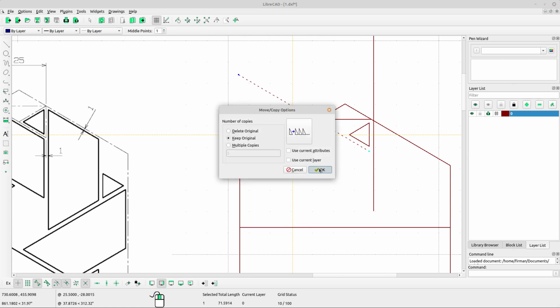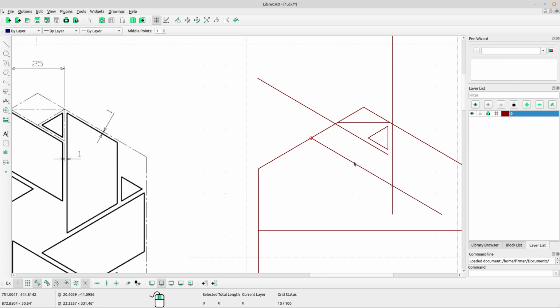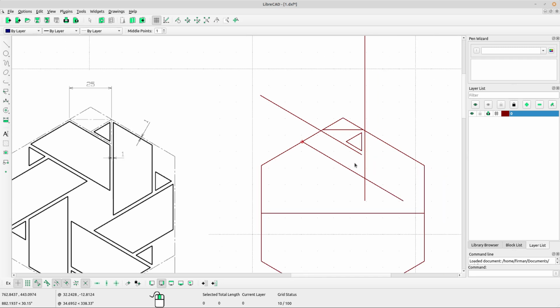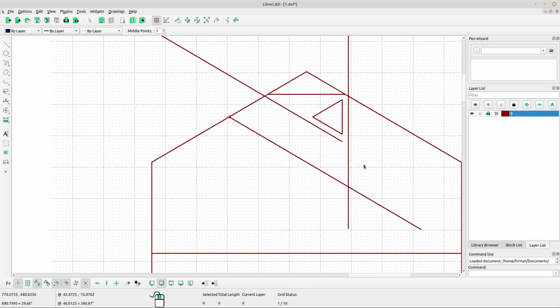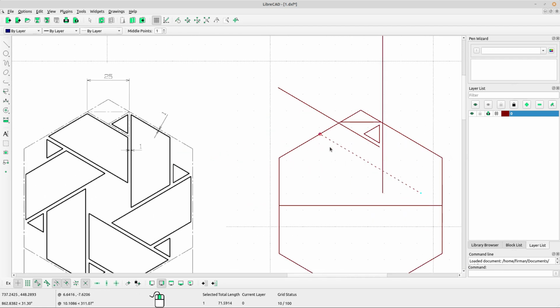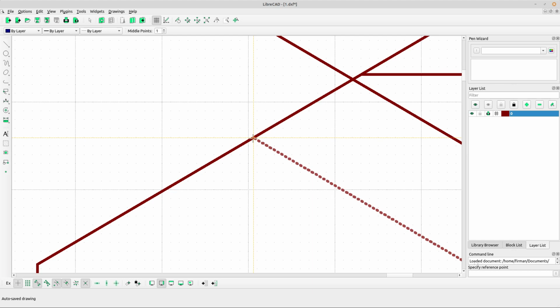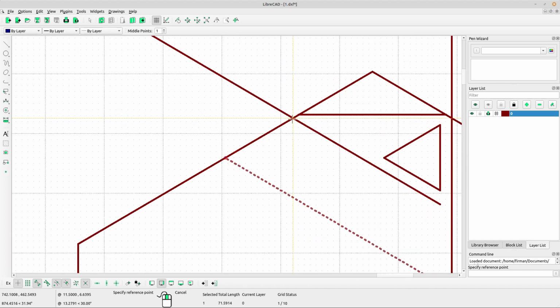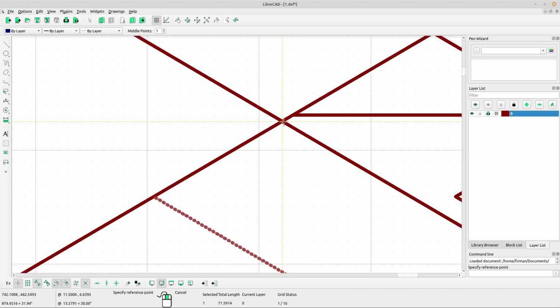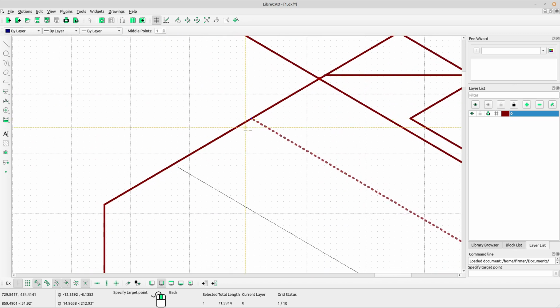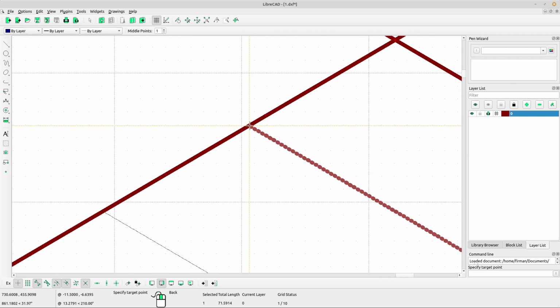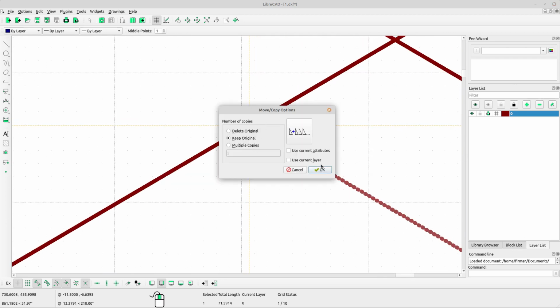Yes, select keep original, click OK, press escape on your keyboard and then select the line again and select move for copy, left click at the reference point. It's the point. Could you see the point? Okay, and bring the line into the target point. Okay, select keep original, click OK,